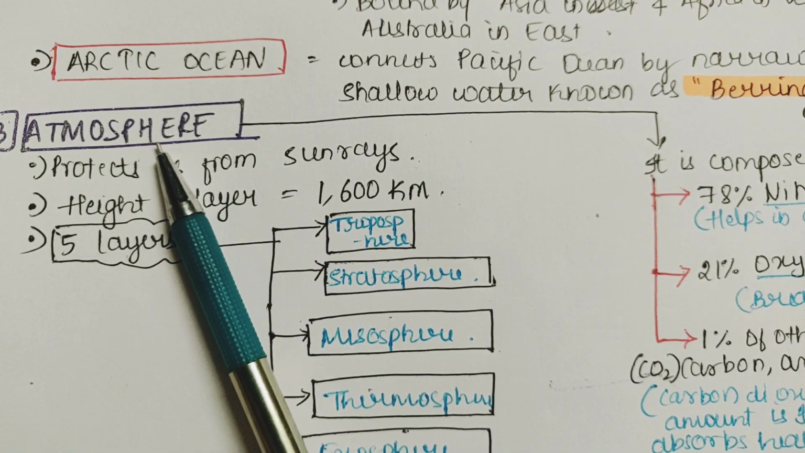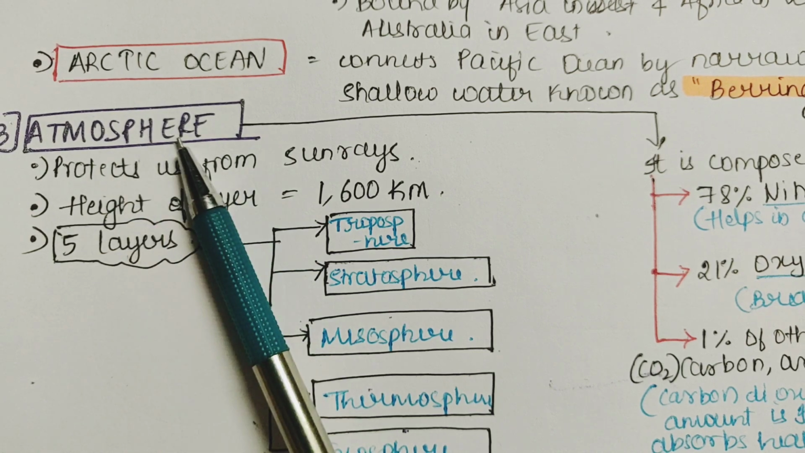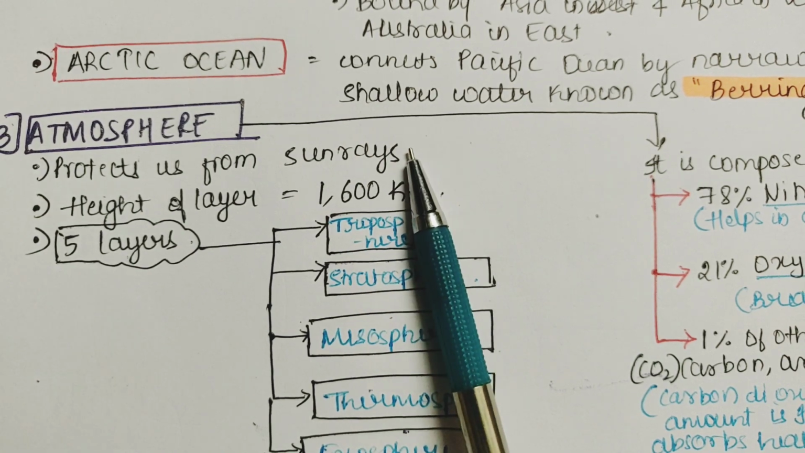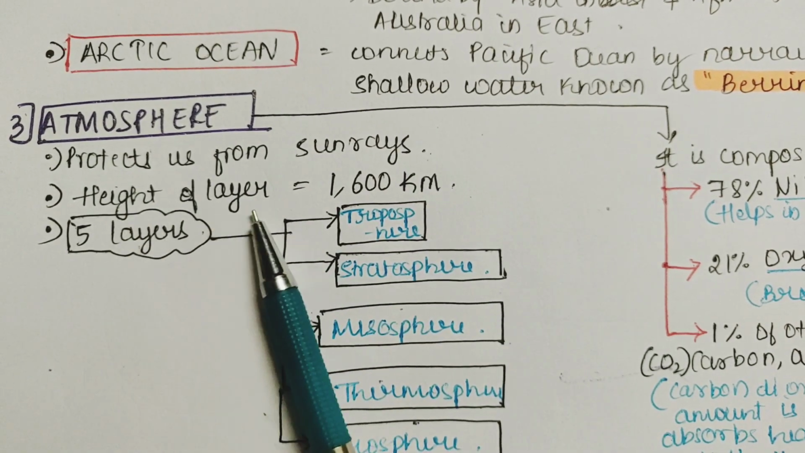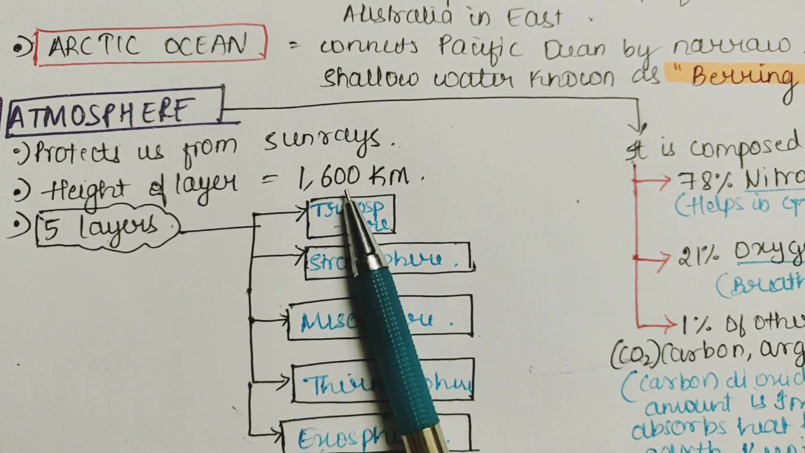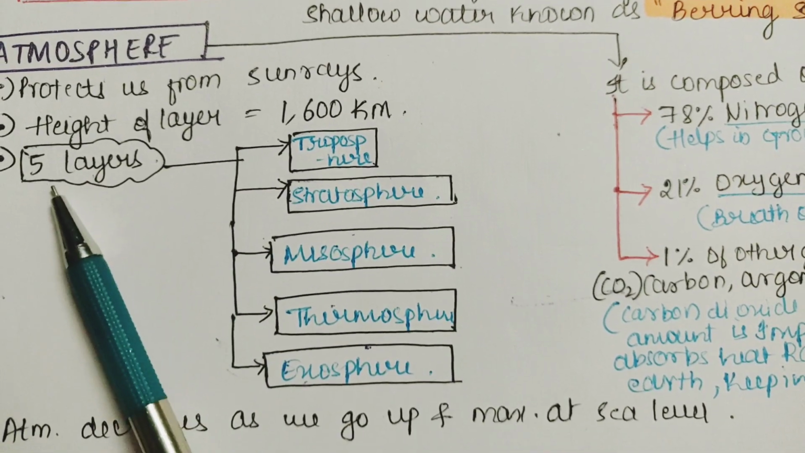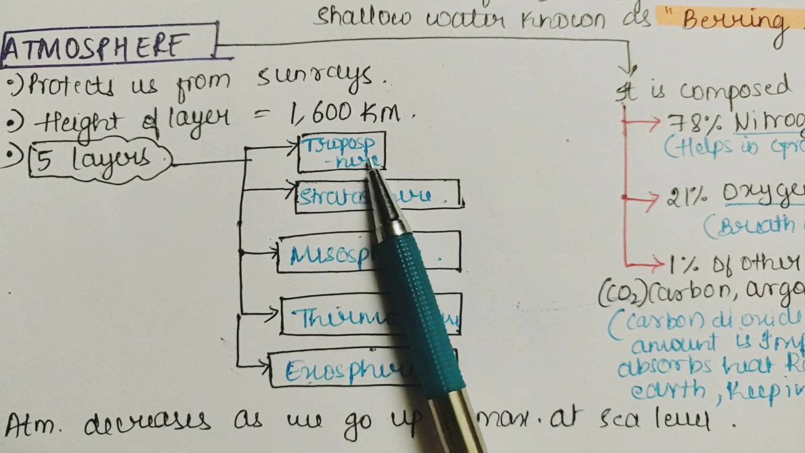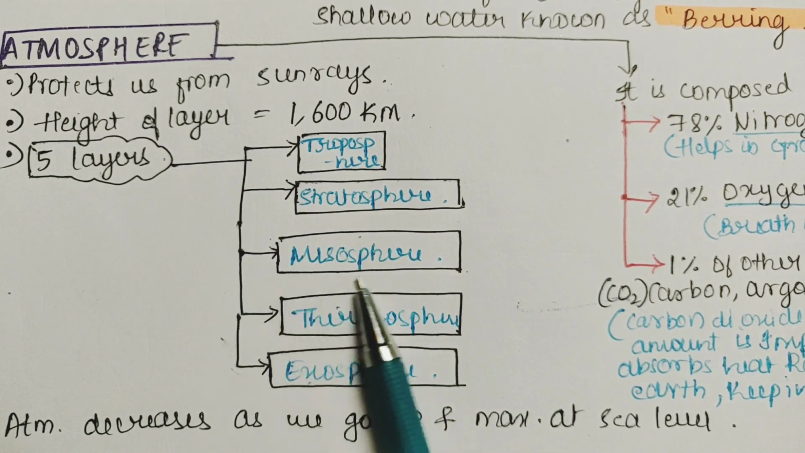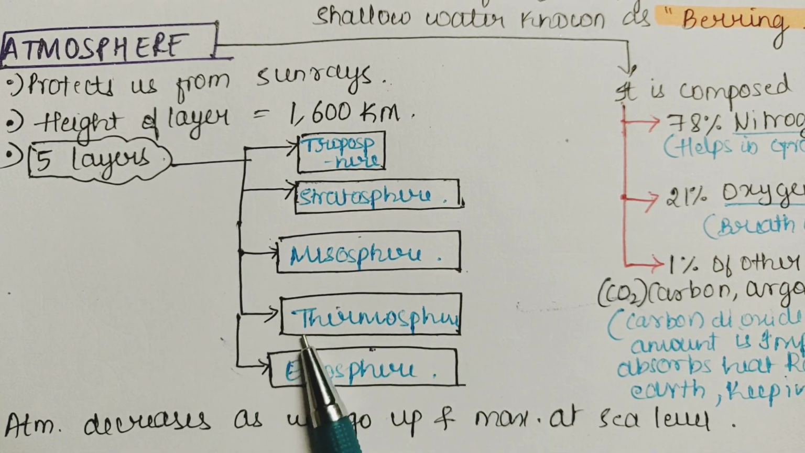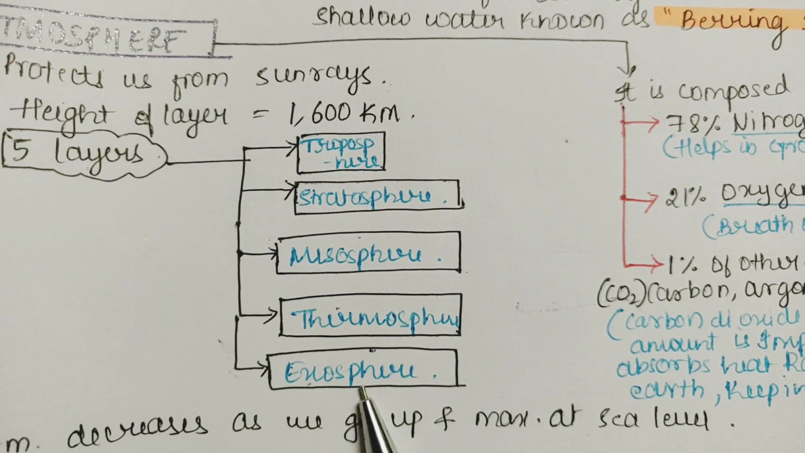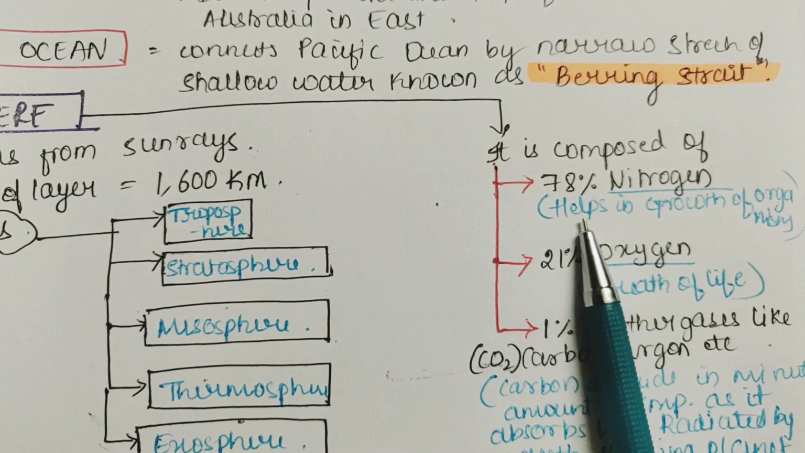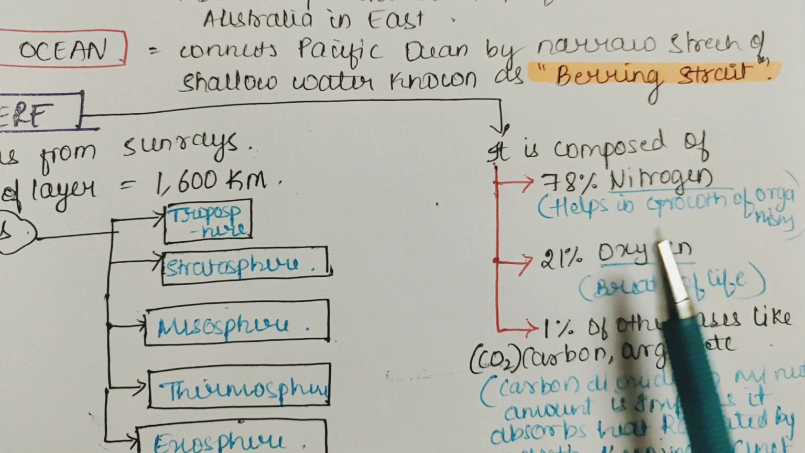The third main component of the environment is the atmosphere, which protects us from the harmful rays, that is sun rays. So the height of layer is 1600 kilometer. So there are 5 layers in the atmosphere. The first one is the troposphere, stratosphere, mesosphere, thermosphere and exosphere. So the atmosphere is composed of 78% of nitrogen, which helps in the growth of organisms, and